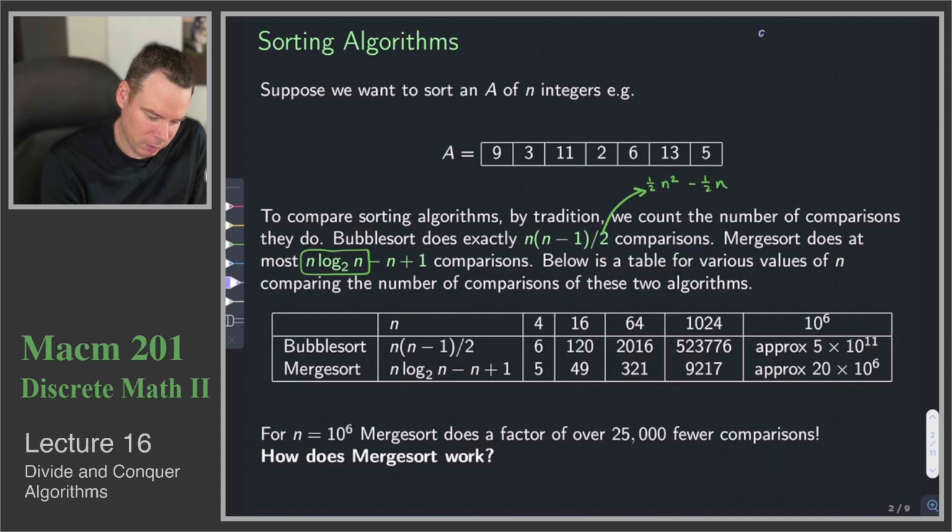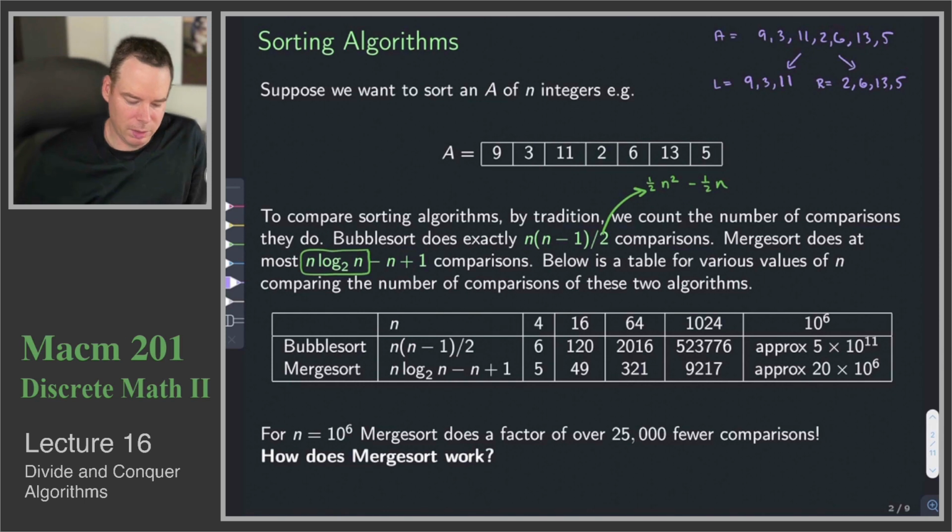So here's what merge sort would look like in practice. It would take our array, 9, 3, 11, 2, 6, 13, and 5. It would split it up into 9, 3, 11, and 2, 6, 13, and 5. We'll call this the left-hand array and the right-hand array, whereas the original array was A. Then it sorts this,